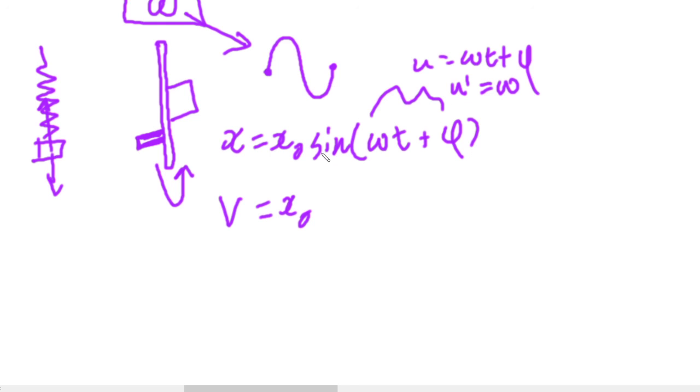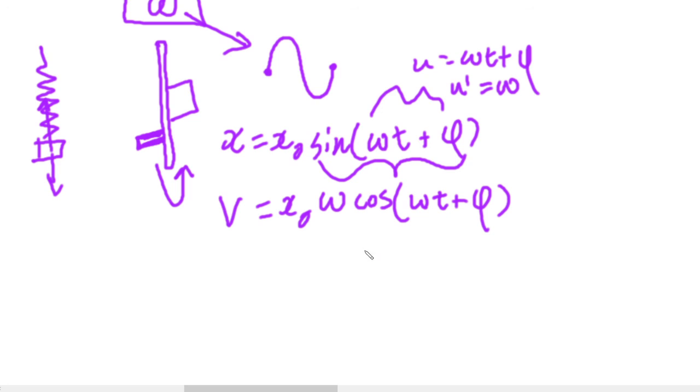So we multiply that by whatever the differential of this in terms of u is. So by the chain rule, velocity must be x naught omega cos omega t plus psi, and acceleration must be minus x naught omega squared